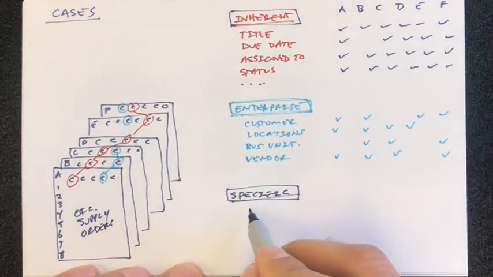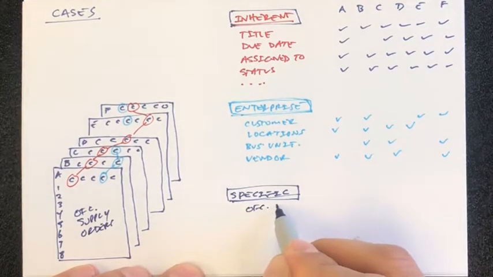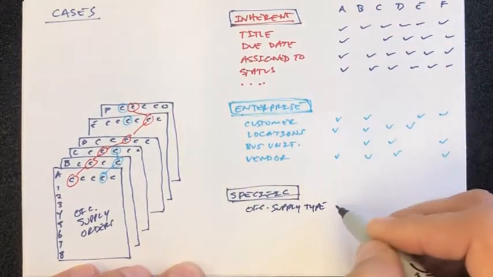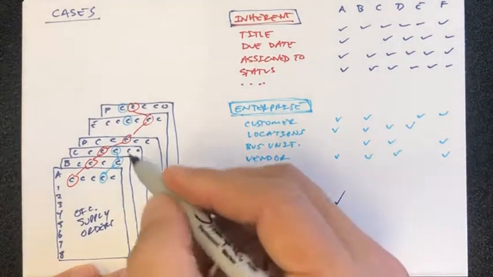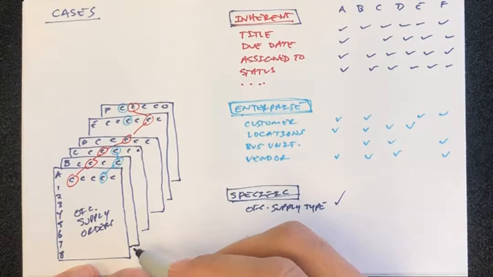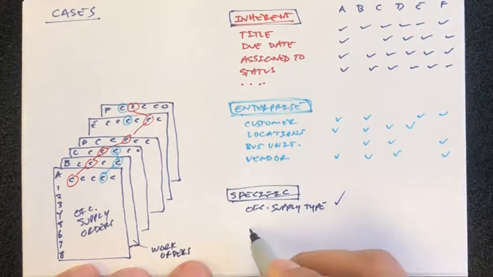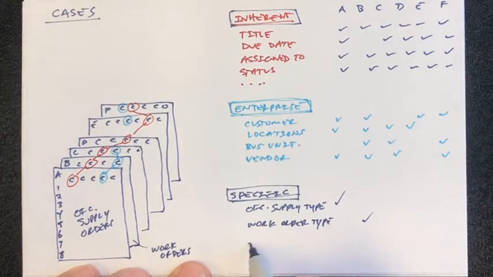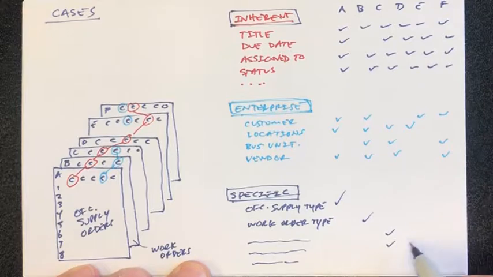And it would have office, supply, type. And that's really only going to show up on the first one. Maybe one of these is related to work orders. So you might have work order type, and that would only show up on that one, and so on and so forth. Really, we should be able to add anything we want to specific lists,